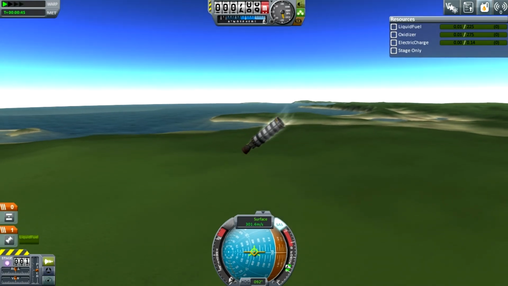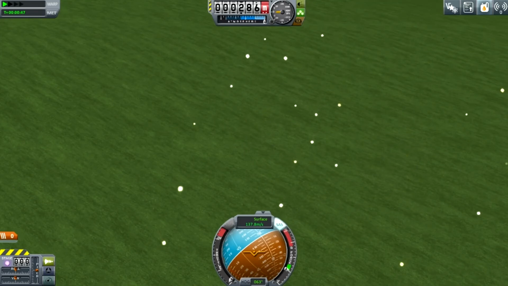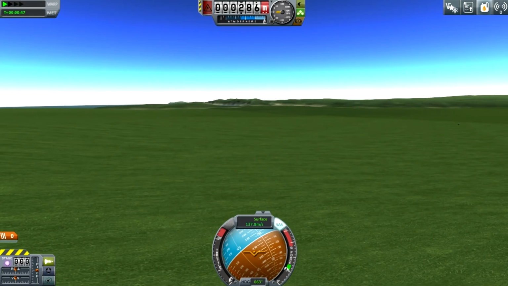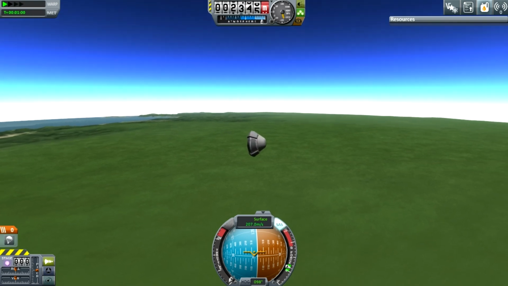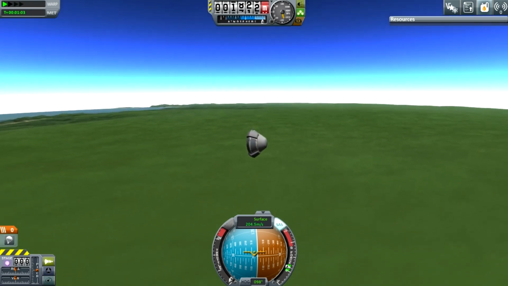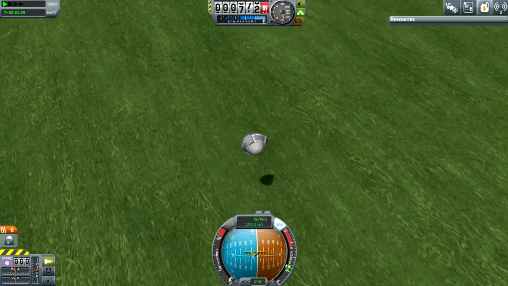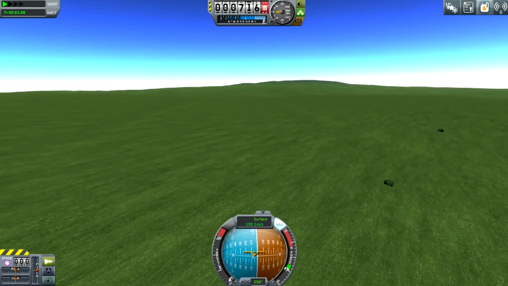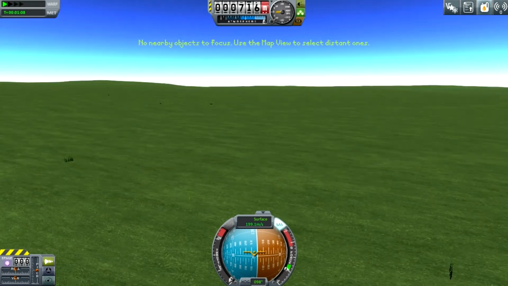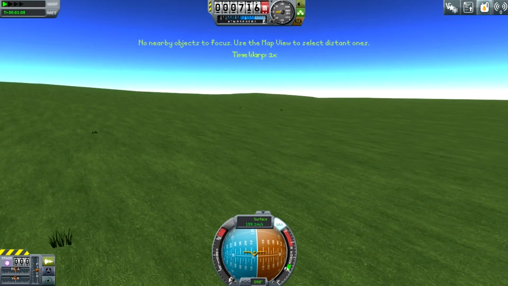I don't know what it is. I am flabbergasted. Fantastic. Cannot autosave. Yeah, I wonder. We done? Nope, there's more. What is this? It's my parachute. That's brilliant. No nearby object. Yeah, okay. Resume flight. Where's my